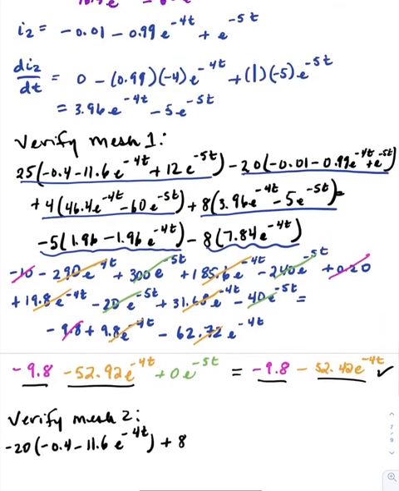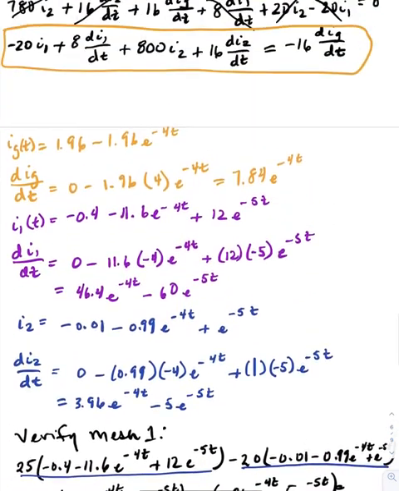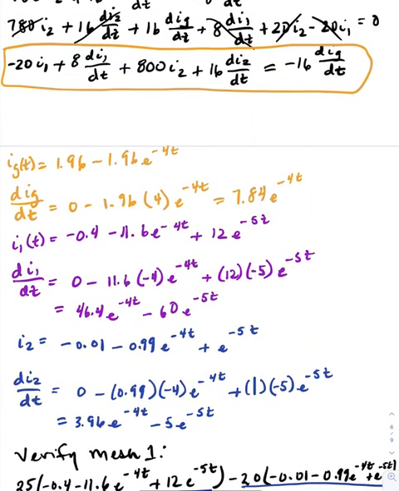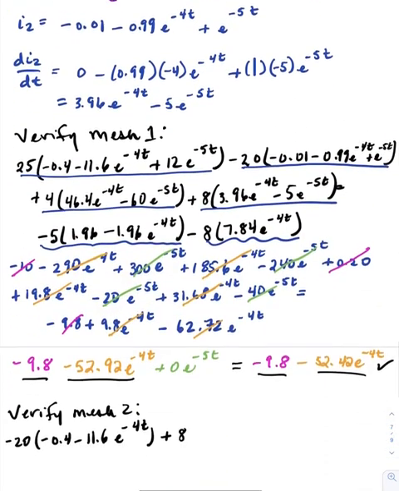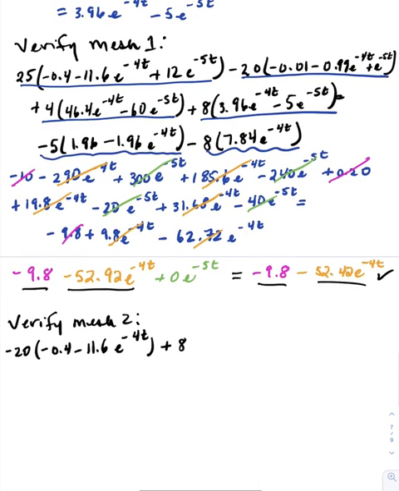We're using, by the way, this equation here. Plus 8 di1 over dt. So we said di1 over dt is 46.4 e to the minus 4t minus 60 e to the minus 5t